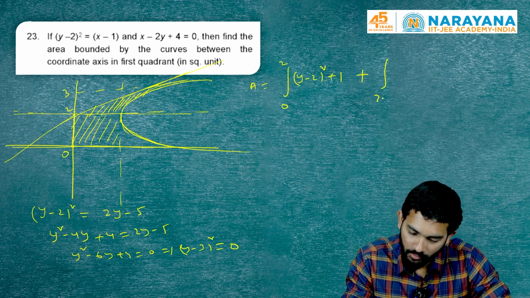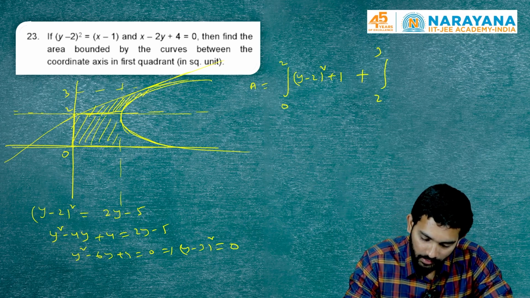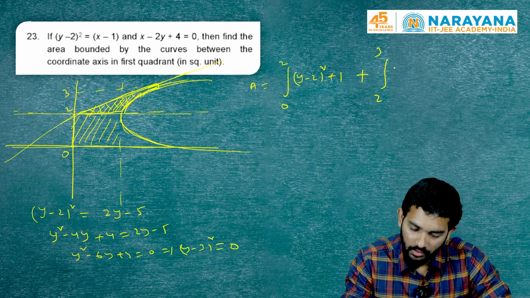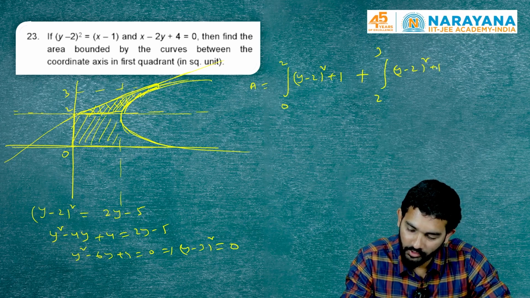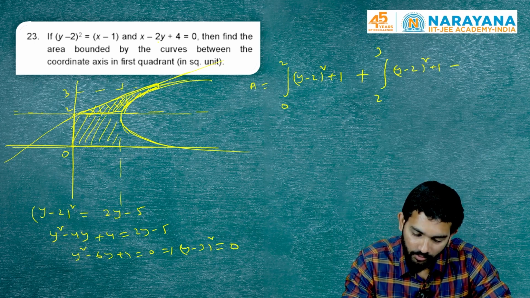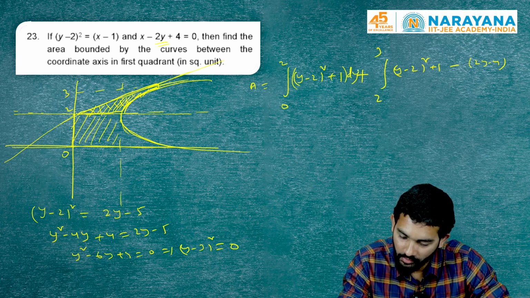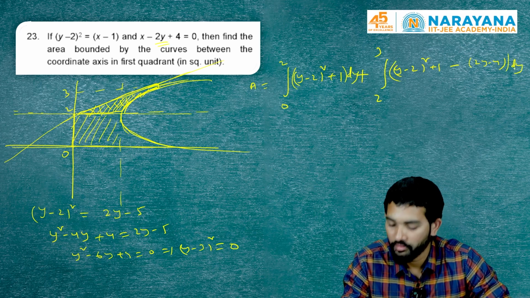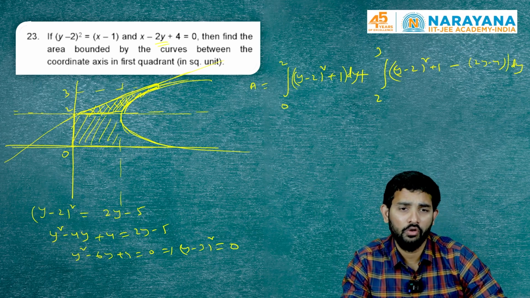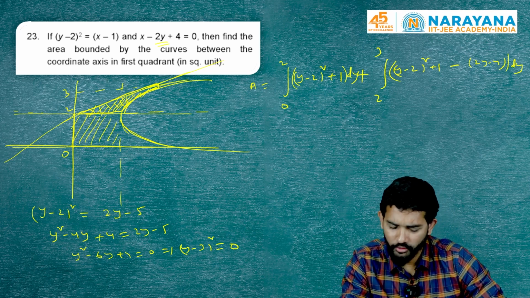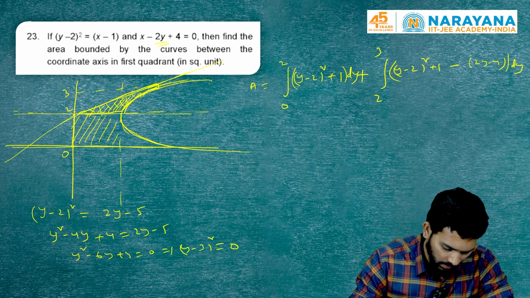Plus from 2 to 3, that is this part of the area, the right curve is again (y − 2)² + 1, and the left curve will be this straight line, x = 2y − 4, into dy. So we are using the right curve minus left curve concept. Now if you integrate and substitute, you will get the answer to be